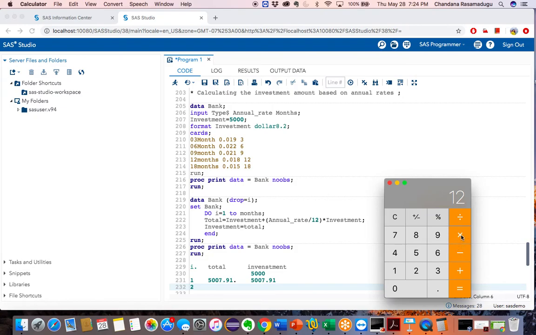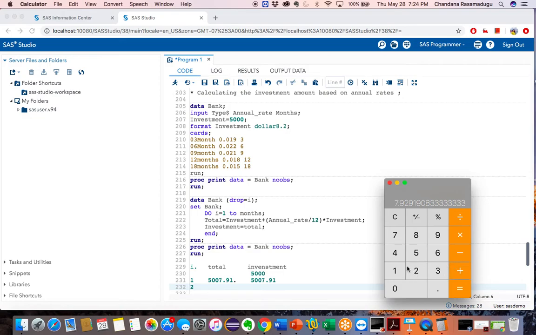divided by 12. Okay, and now multiply that with investment. What is my investment now? 5007.91 is my new investment, equal to, I got 7.92. So now add this with investment.